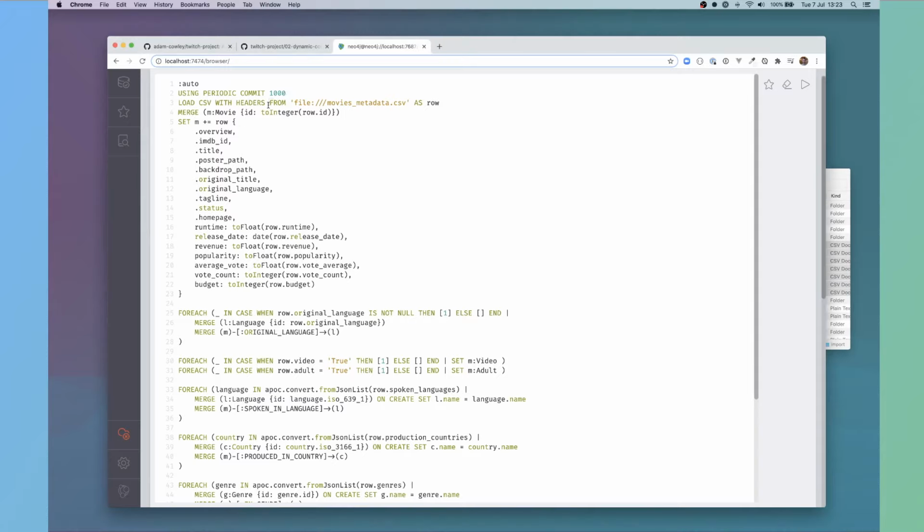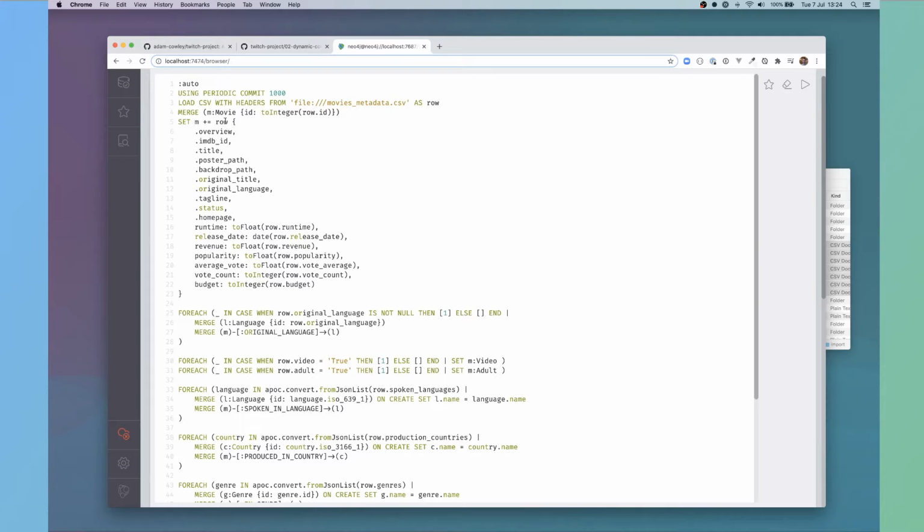So the first thing I do is use the ID property on the row to create a movie. Again, that's a string, so I need to cast that into an integer. And then I need to do some sort of mass assignment. So every time a node is found in the database with that ID, I will set these properties.